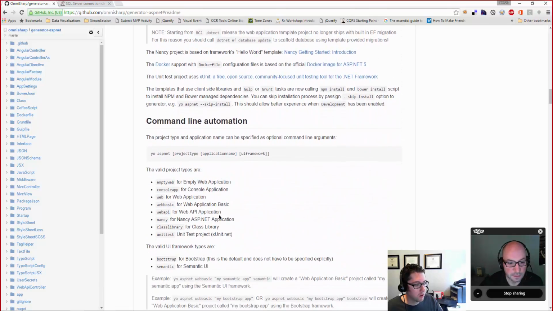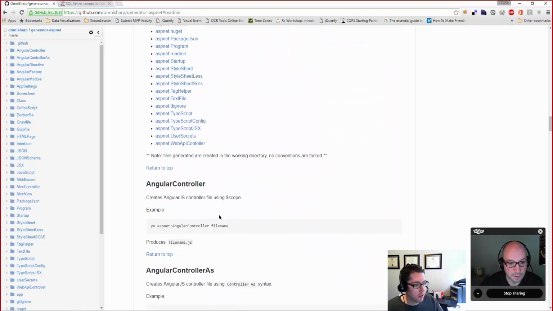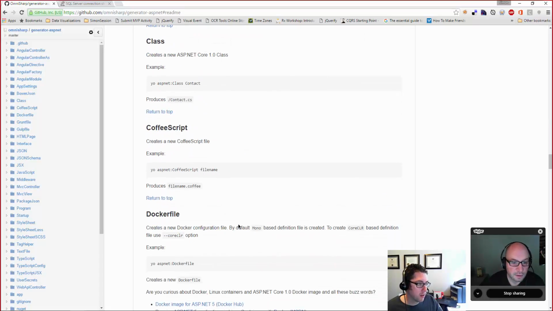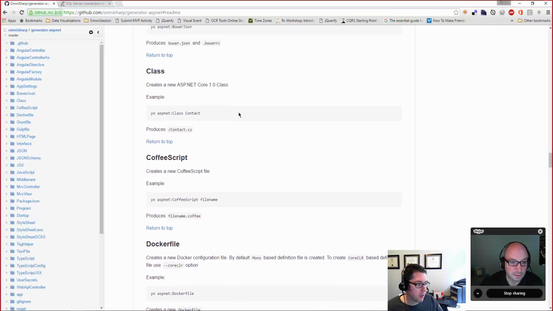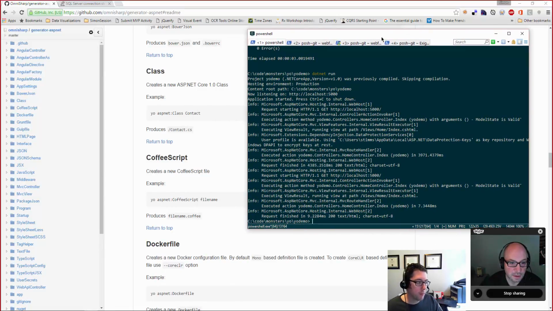Command line options. Yeah, I have no idea. It looks like, yeah, you can create something new inside of here. So let's try. I'm not really interested in anything Angular-like, but there's class. There's a class. We could just try a class. Yeah, so we can do Yo ASP.NET